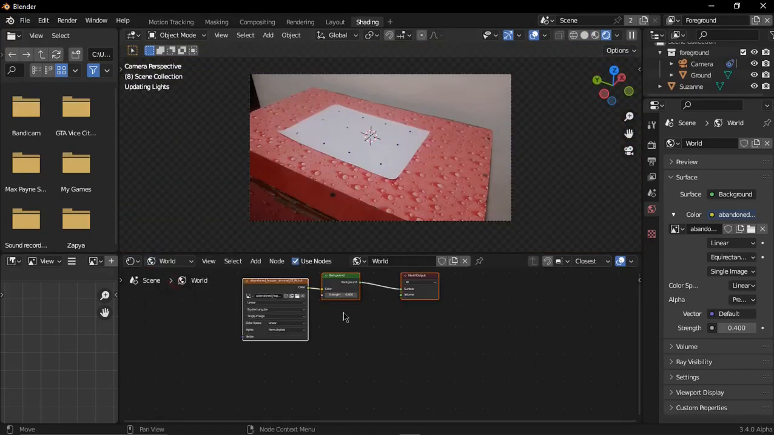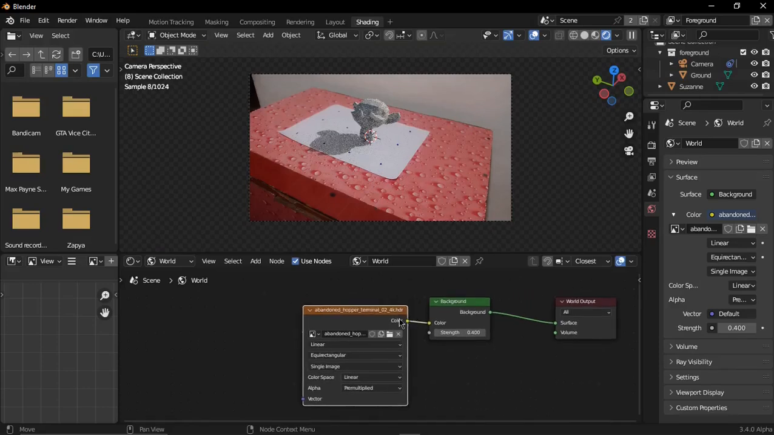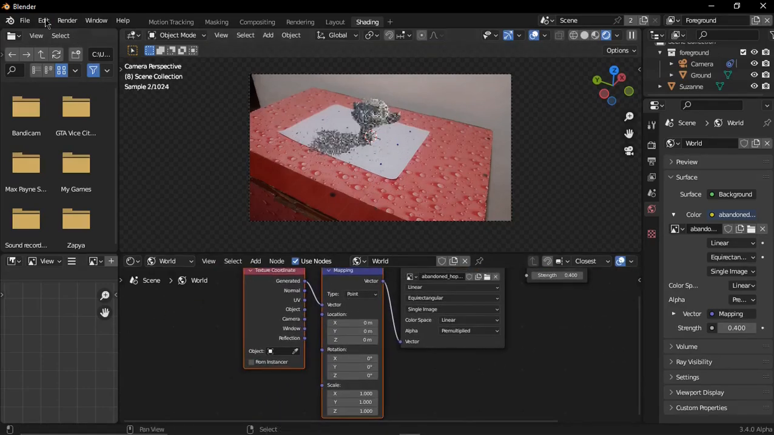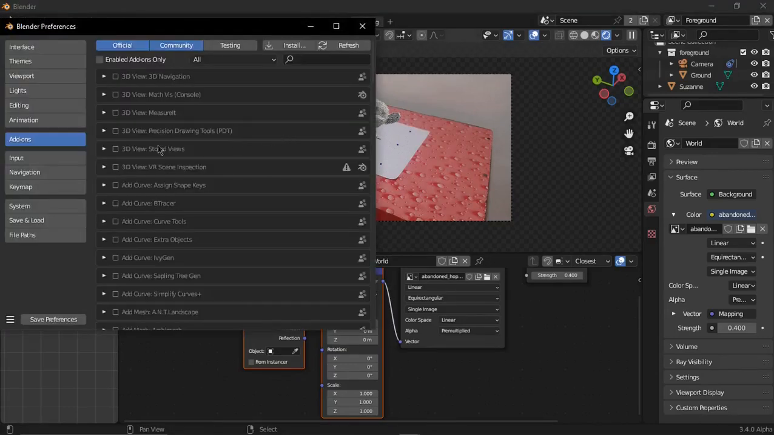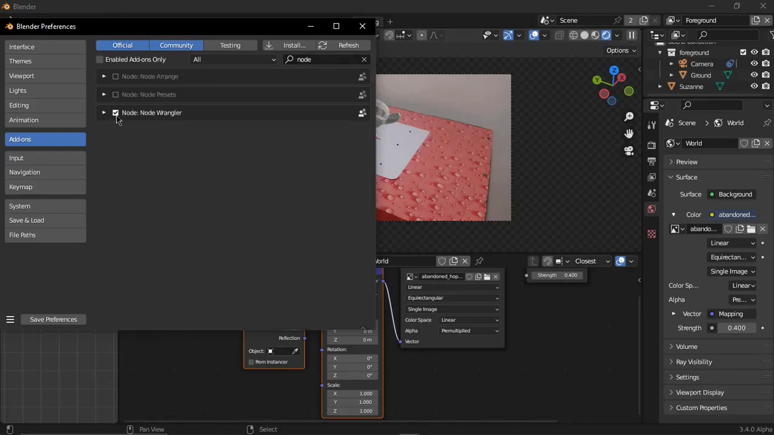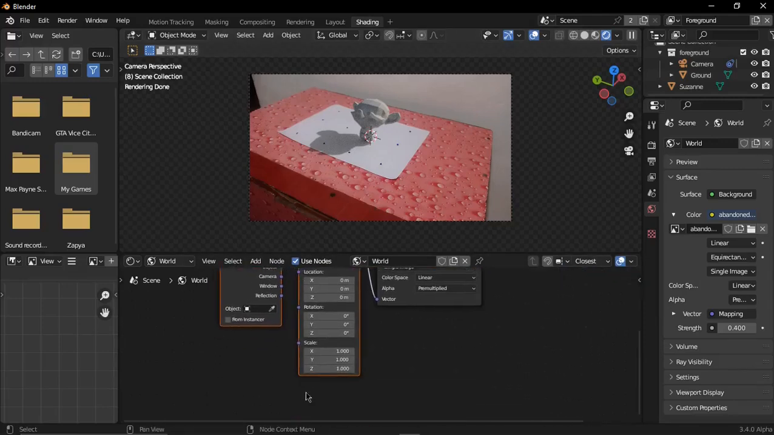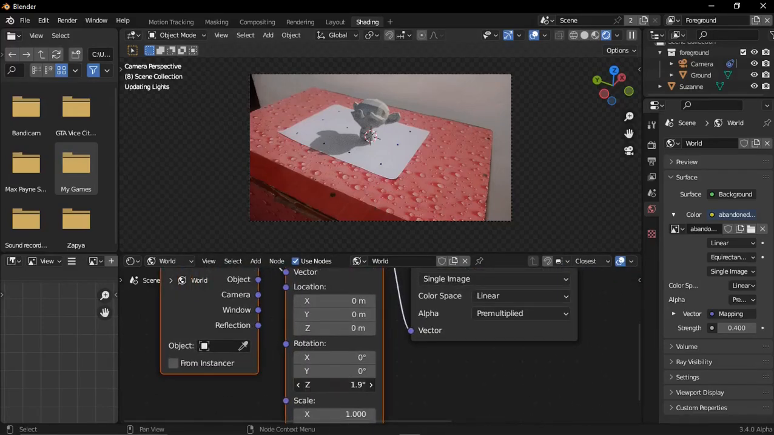object change to World and select the HDRI, press Ctrl T. The add-on must be checked in Preferences, so go to Preferences, Add-ons, search node, check this, Node Wrangler, save and close, and Z-axis, very good, and go to Layout,